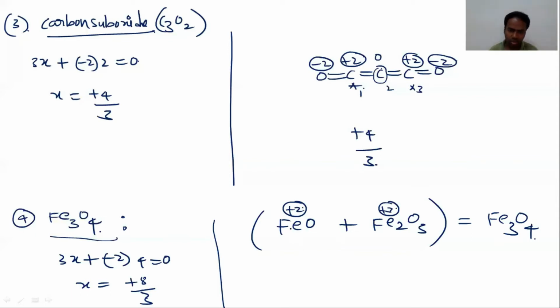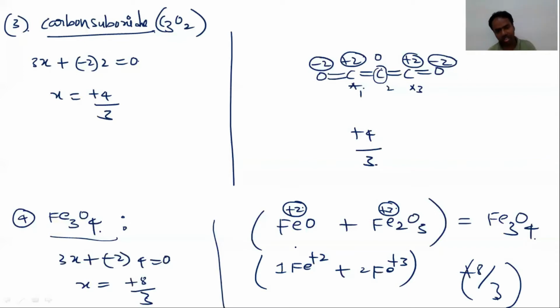So Fe plus 2, how many iron atoms are there? 1 iron is Fe plus 2, whereas 2 irons here are Fe plus 3. So total positive charge is plus 2 here. Here 1 iron atom is plus 3, 2 iron atoms is plus 6. Total plus 8. Present on how many iron atoms? 3 iron atoms. So in Fe3O4, iron can exhibit two different oxidation states, plus 2 and plus 3, average plus 8 by 3. In a similar way, Mn3O4.